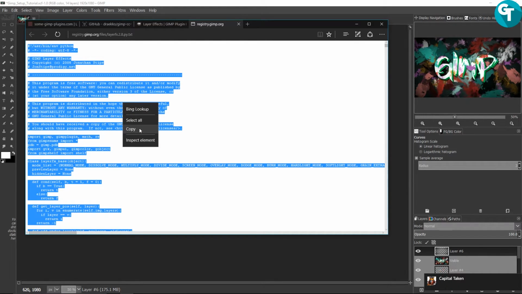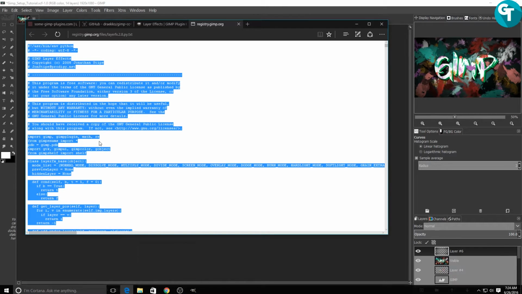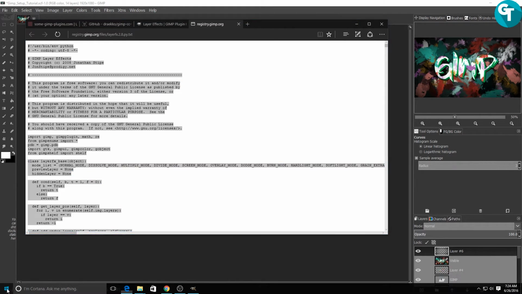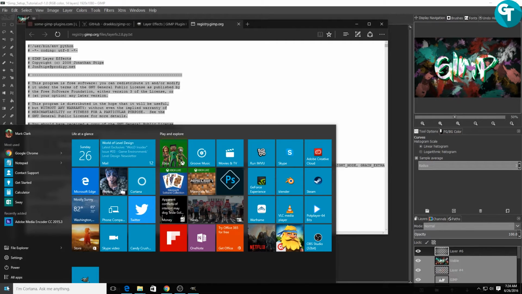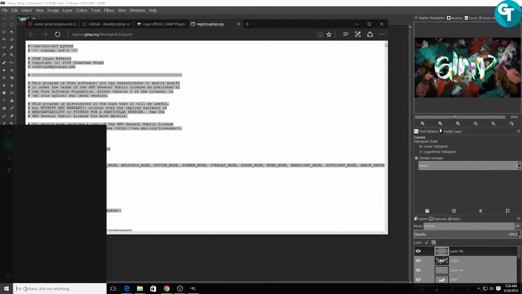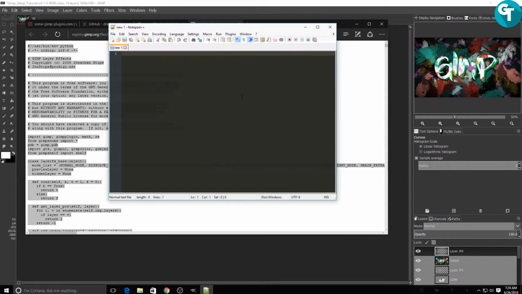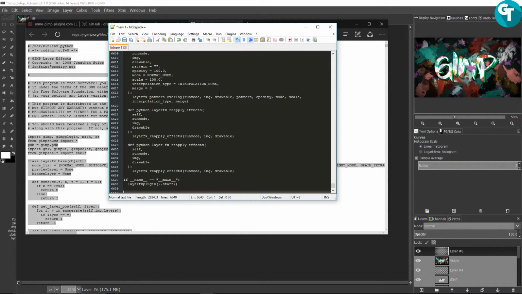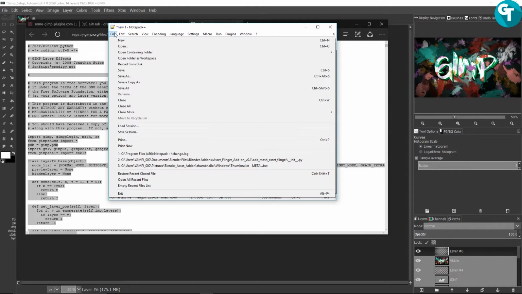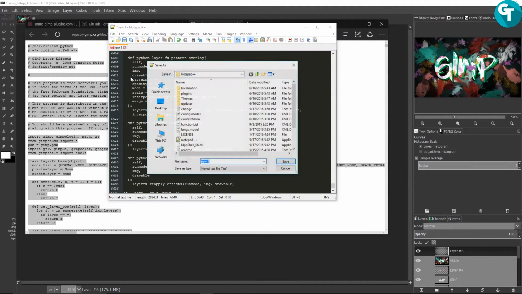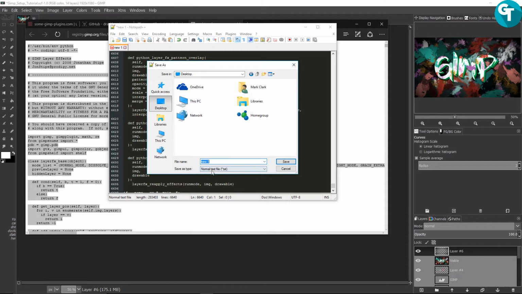and you could copy it. This is Microsoft Edge, but on Google it's different. Google will let you go ahead and save it, but you could go ahead and copy that like that if you're using Microsoft Edge. And you could go ahead and you could open up Notepad, or you could open up Notepad++. If you have Notepad++, and you'll just Control V, paste that in there, and you want to go to File, Save As,